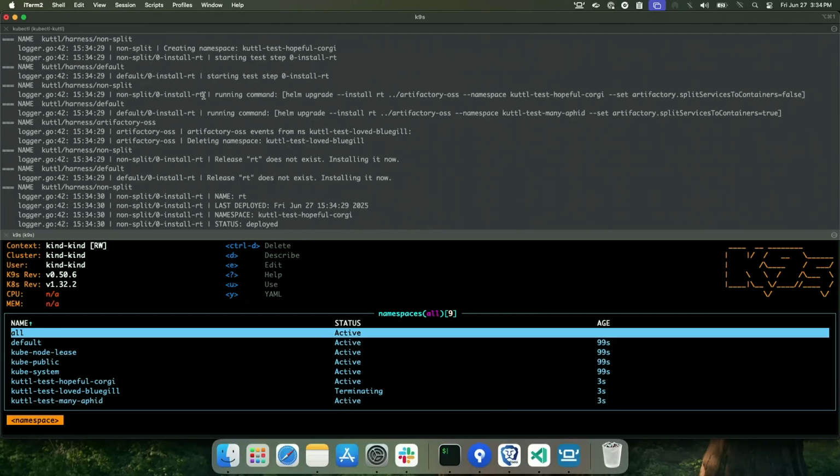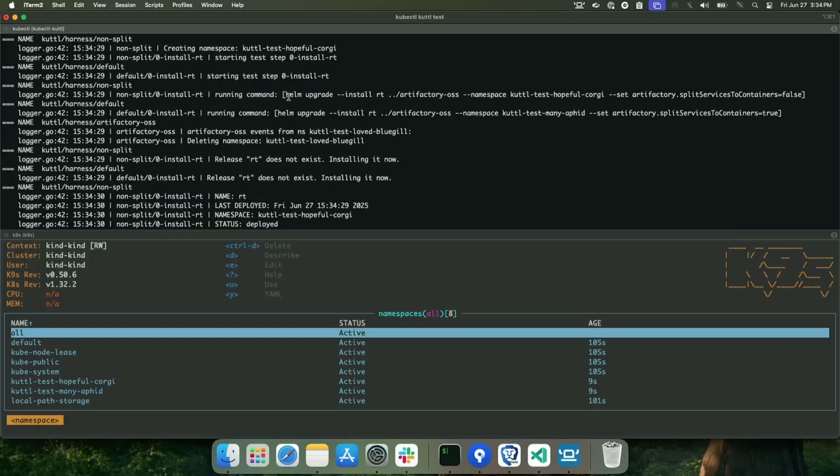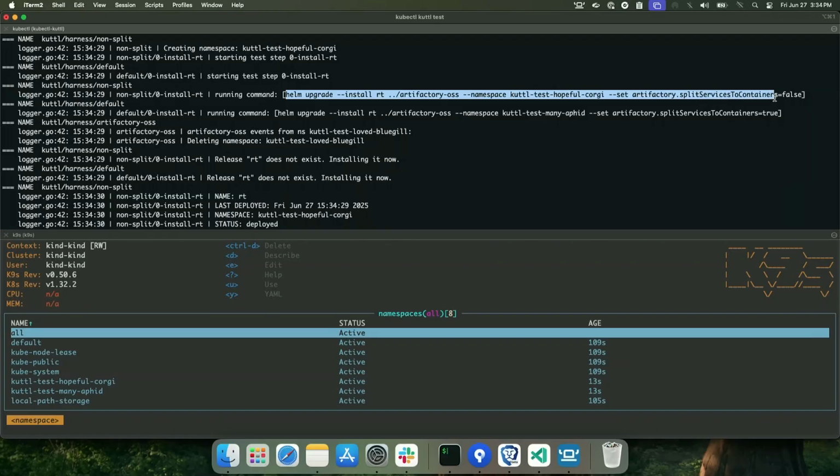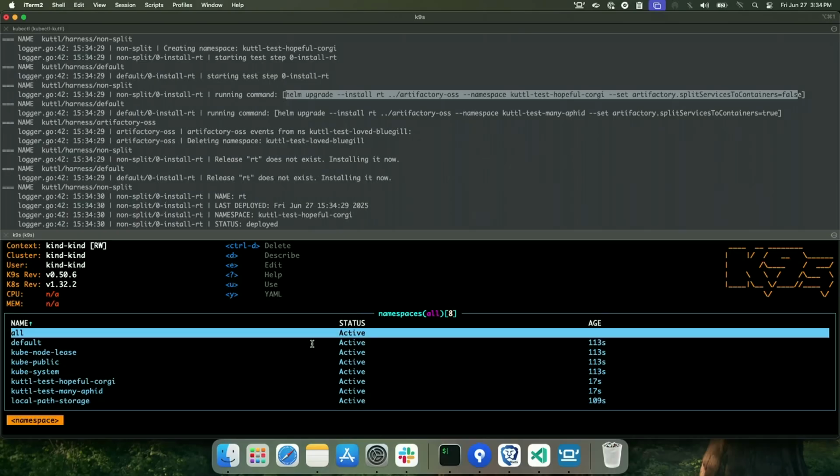Okay, so there are two tests that it has detected. One is non-split and a default install. You can see the Helm command that I'm running over here. Okay, OSS with split services to container false and true. Okay. So there are two namespaces that it